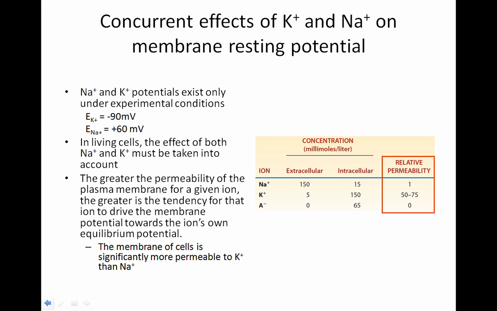So that negative charge wants to go, but it can't. It's stuck inside the cell. Chlorine is sitting outside the cell, but we're not going to worry about that. So when potassium is leaving that negative charge behind,